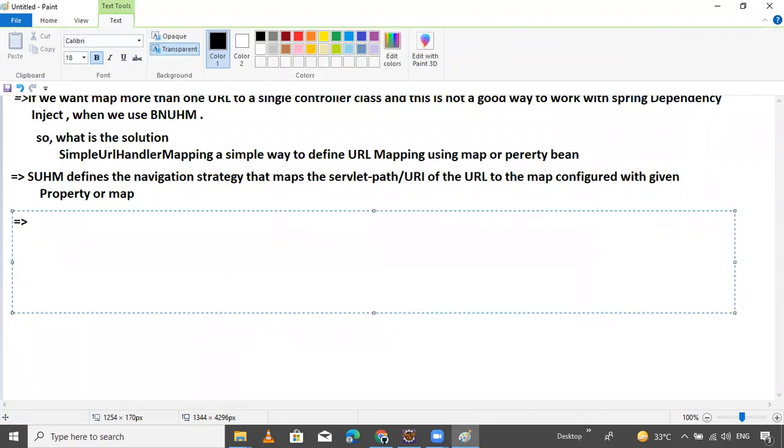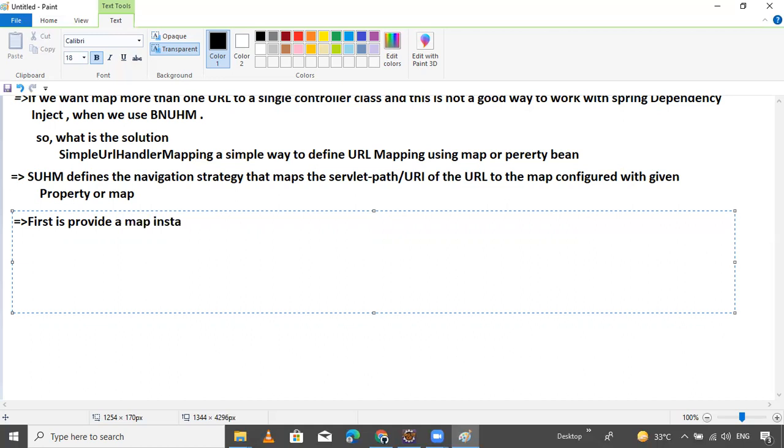Next point, first we write down: first is provide a map instance.